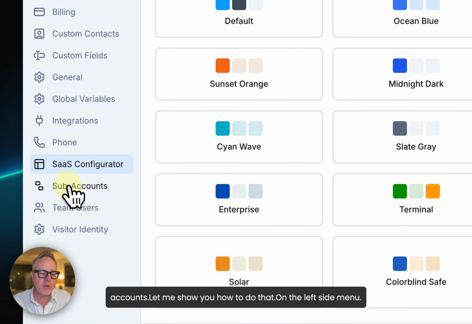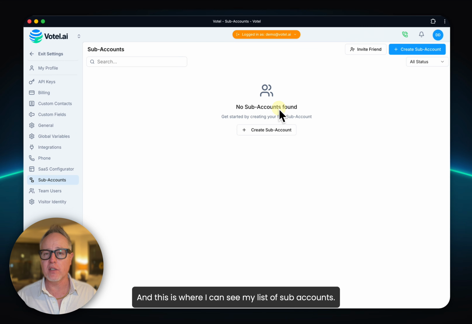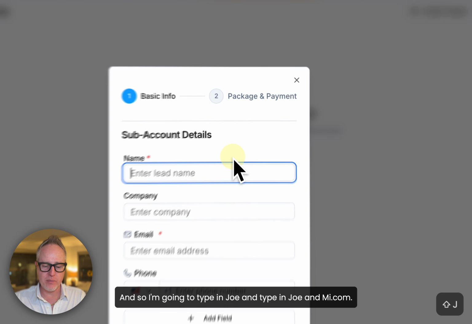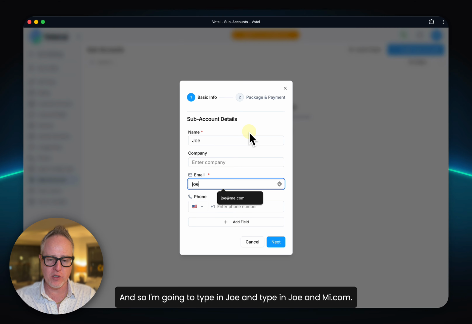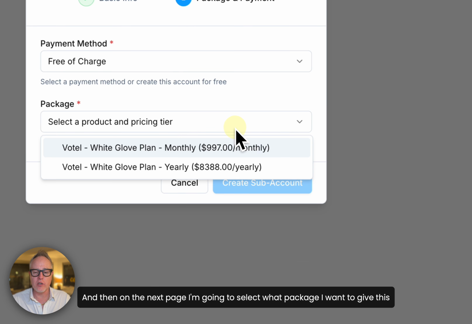On the left side menu, you can see it says sub accounts. So I'm going to click on that. And this is where I can see my list of sub accounts. I'm going to click on create a sub account, and I'm going to type in Joe, joe@me.com. And then on the next page, I'm going to select what package I want to give